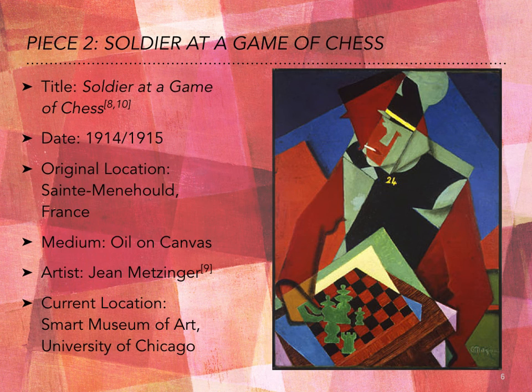The second piece is from 1914, and according to timelines, puts us in the center of the Cubism period. Jean Metzinger, who was located in France when creating this piece, was a medic during World War I, and he created this piece in response to serving and elected to paint a soldier playing chess rather than a bloody war scene. According to Joan Moser, it could be considered to be a self-portrait.